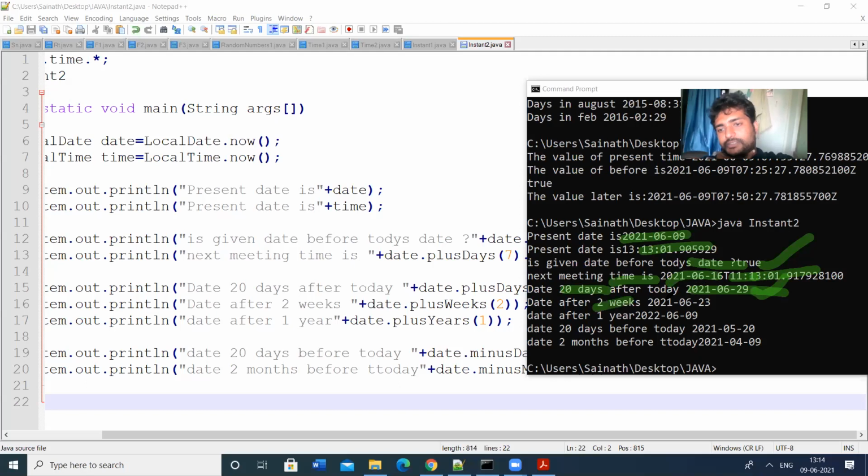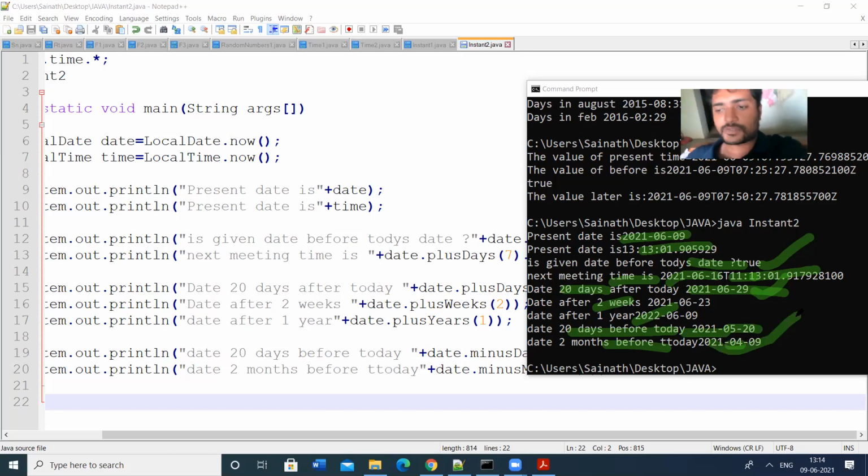I am adding 2 weeks, that means 23 6 2021. I am adding 1 year, 2022. I am subtracting 2 months: the current is the 6th month, so the 4th month will be displayed, 9 4 2021.